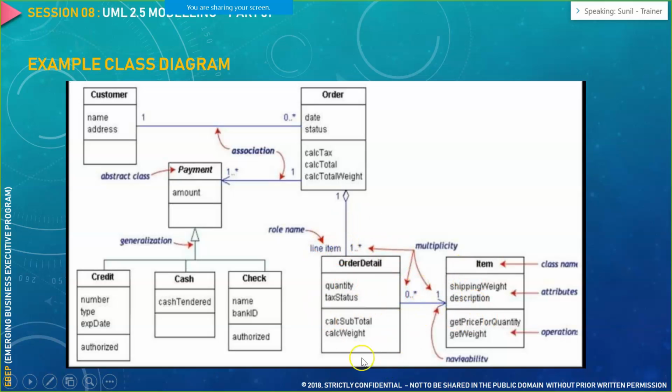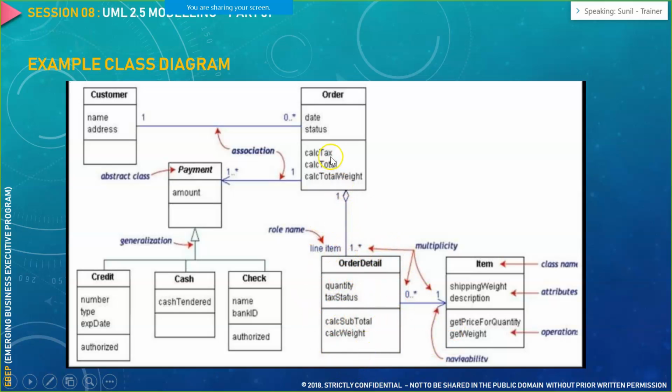The screen that you see during checkout is nothing but your order detail page, wherein I would be including one pen, one notebook, or two sticky pads, and so on. So notebook, pen, and sticky pads are nothing but your items. An order detail would have one pen, one notebook, and one sticky item. And your order would have its associated tax, total, and total weight, summarizing all the order details within that particular order.